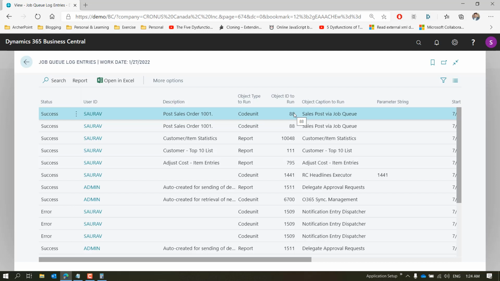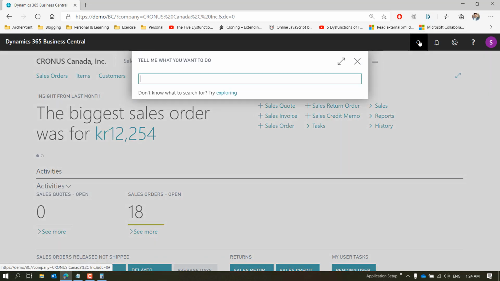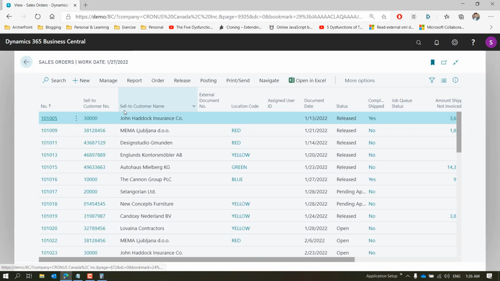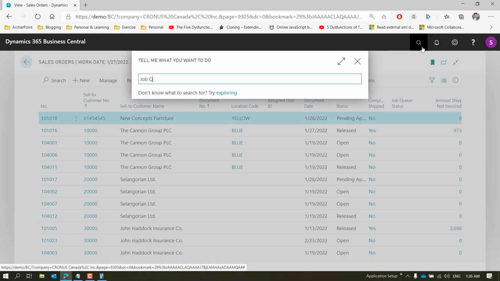The other things that I find cool, or I have seen customers using it, are batch posting of your invoices or documents that you want. So let's have a quick look at those batch posting options. Let's go to sales orders, and just for the demo I'll use any order for customer number 1000, and then I'll go to my job queue